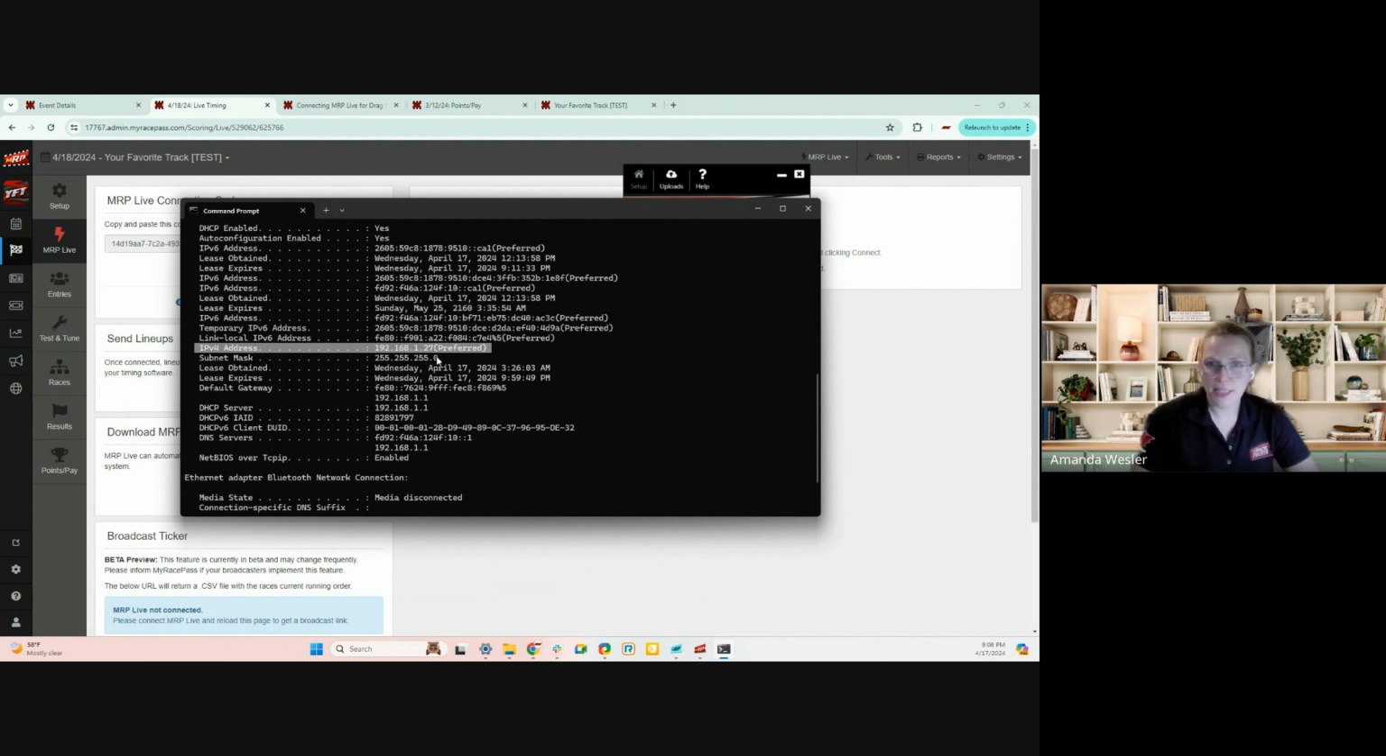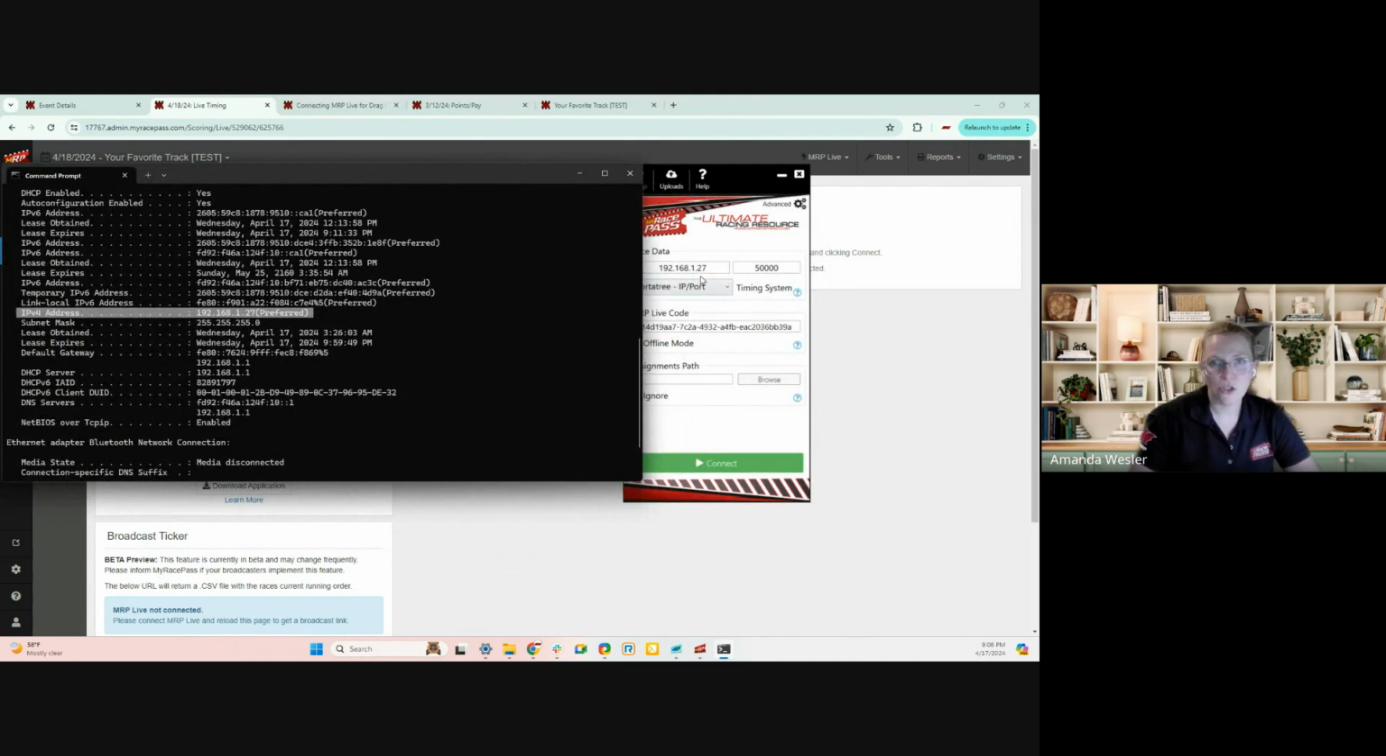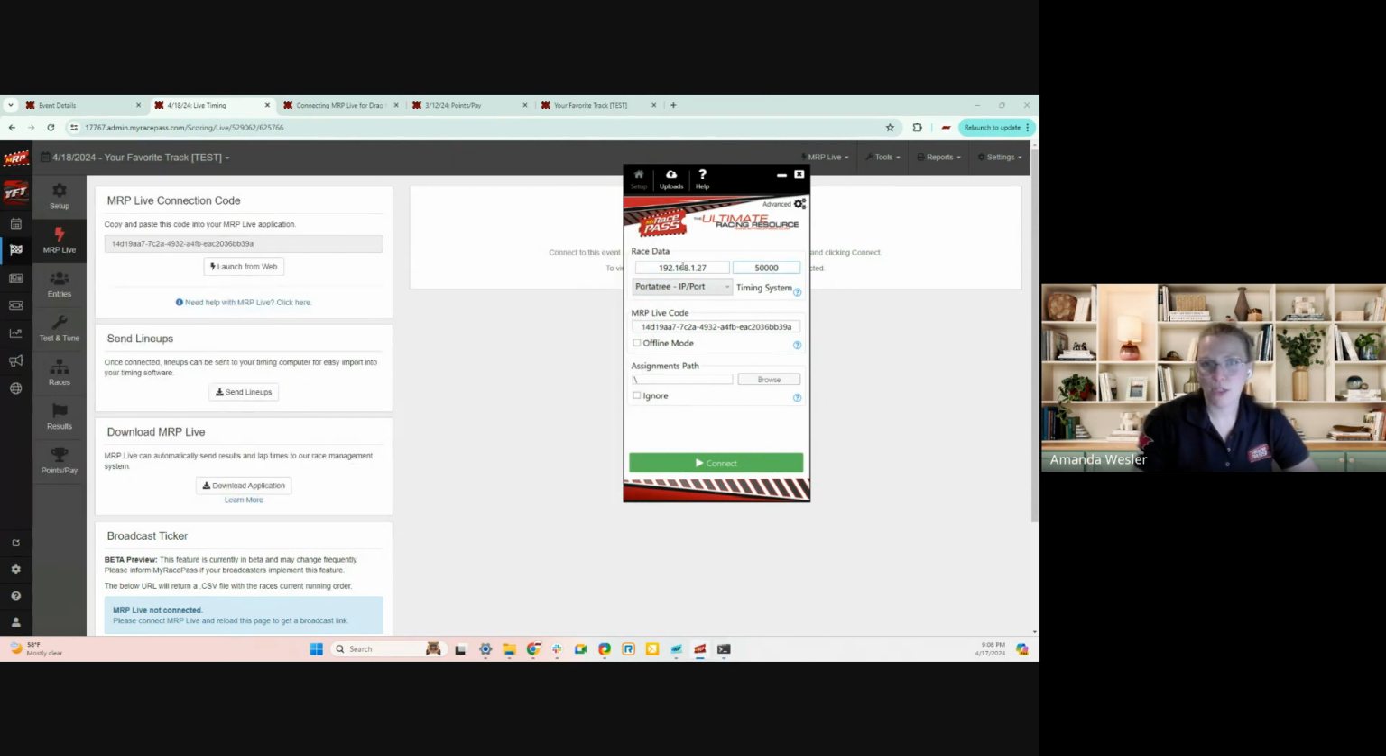So you're going to find this IP address and you're going to type this IP address or copy and paste it directly into the live client right here. And in this port spot, you're going to put in 50,000 if it's not already there. It's always going to be 50,000. Once you have those two pieces of information put into the live client, you're going to go over to your